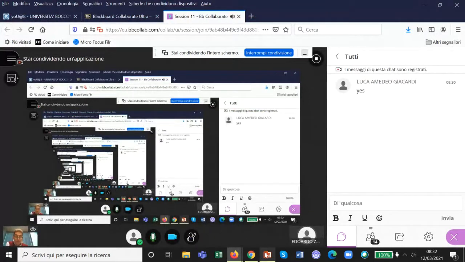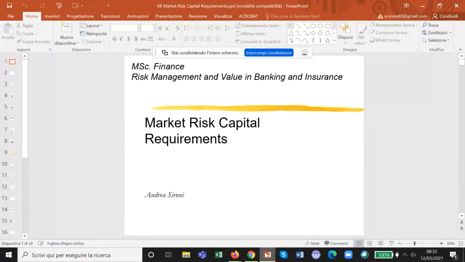Okay, let's start. So as I mentioned last time, today we're going to look at capital requirements of market risk, which is a bit following the logic that we'll follow for other kinds of risk as well. So we first look at the different methodologies to measure the individual kind of risk, and then we're going to look at how the regulation, more specifically how the Basel Committee first, and then the other regulators have addressed this kind of risk in terms of capital requirements.